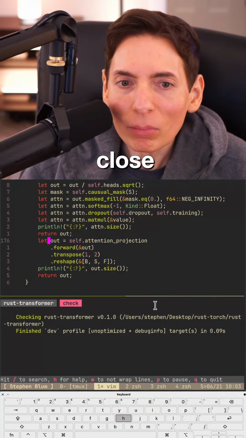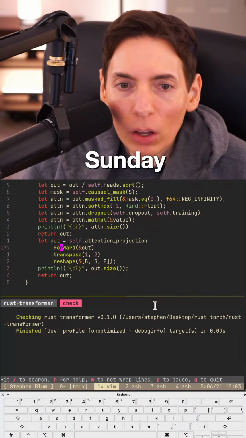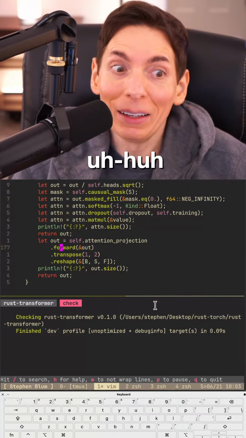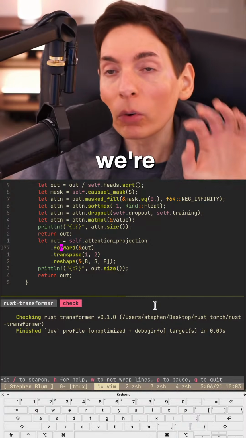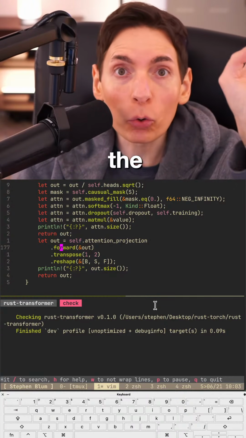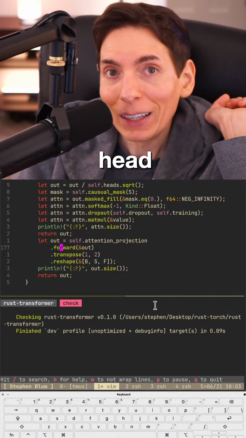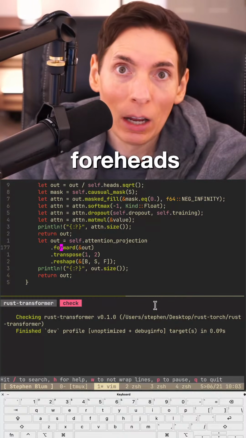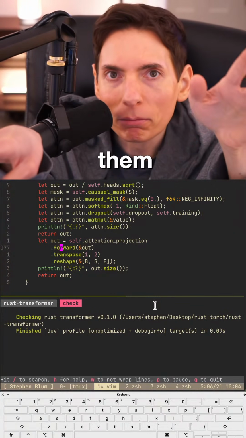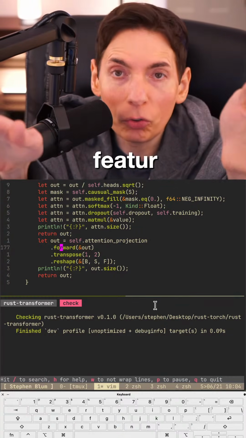We're getting real close. Hey, how's it going there, Bob Paul? Welcome on in. Good to see you. Happy Sunday. Are you willing to train this model? Yes, we will be training it. We will. As soon as we get the opportunity. Right now, we're in a bug. We have to get our matrices the right shape for the multi-headed attention. We had it working perfectly fine with one head. Now we turned it into 4 heads, which is where we take the features of the model per token and we split them. And then we self-attend on those features directly.